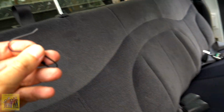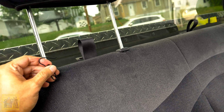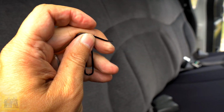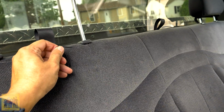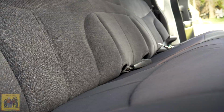Okay, so a couple notes. You've seen videos on how to take these off, and the videos I've watched apparently didn't mention it, or maybe that truck was just a slightly different model. So it definitely has to be a paper clip. I tried a bobby pin and the end was just a little bit too big apparently to fit in there. But the other thing is, if I pull these all the way up, it won't work. There's like one little area there, we're close to all the way up, that then it will unlock it. But here's the other thing, you're gonna hit the window. So you need to have the seat up so that these are forward in order for this to finally slip